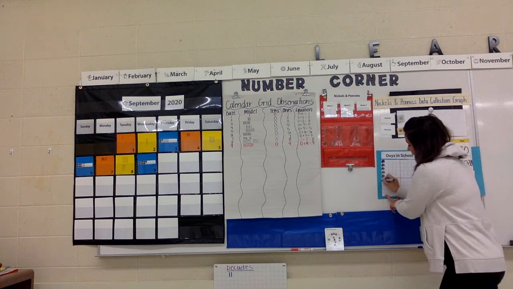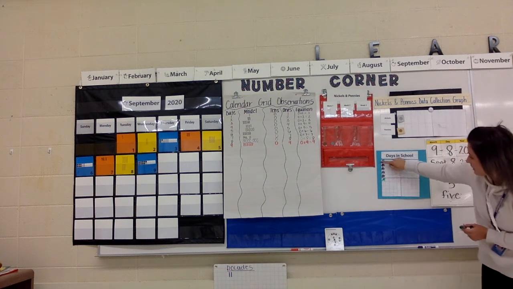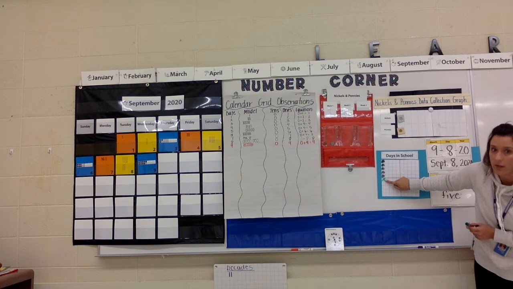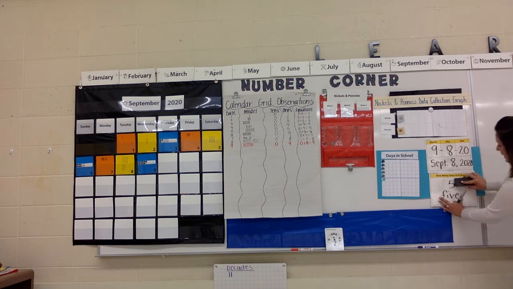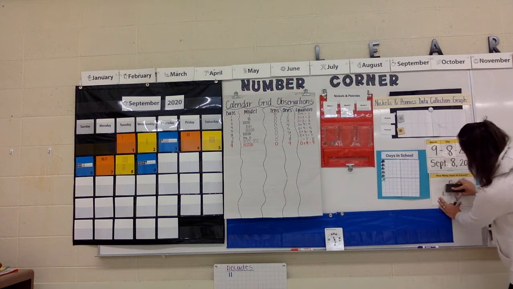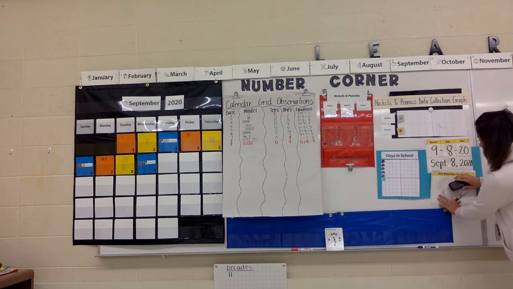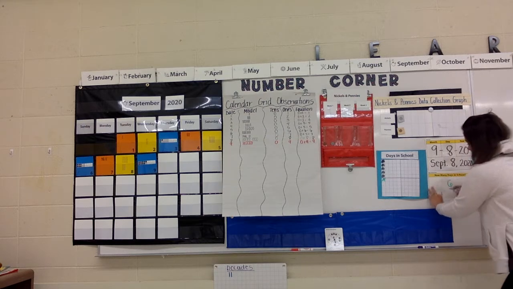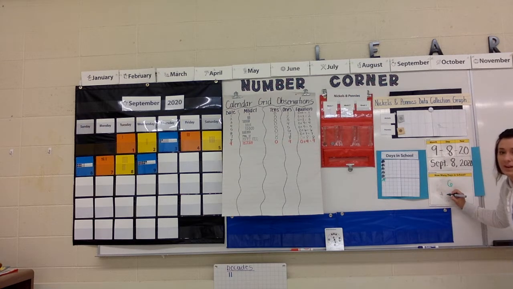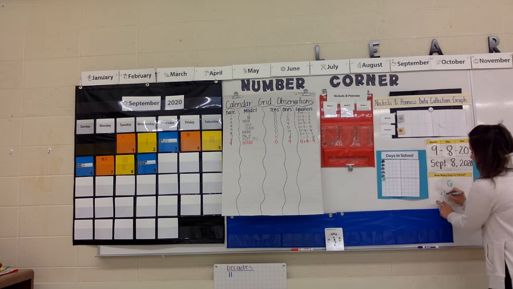So we're going to make a mark, and you can tell that it's 6 because we have 5 and 1 more equals 6. So we're going to change our days in school from 5 to the number 6. And we're going to sound that out because we're going to write out that number too. So it's